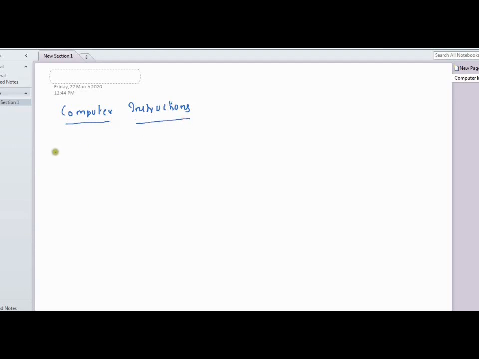We have three basic types of instructions. The first one is memory reference instructions.